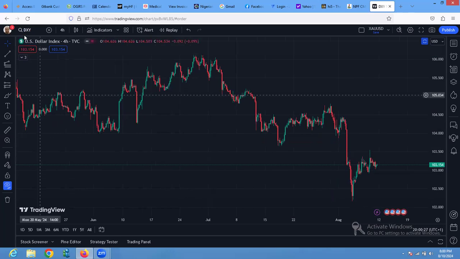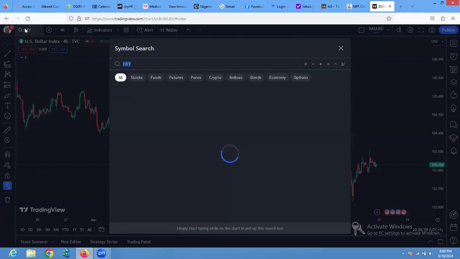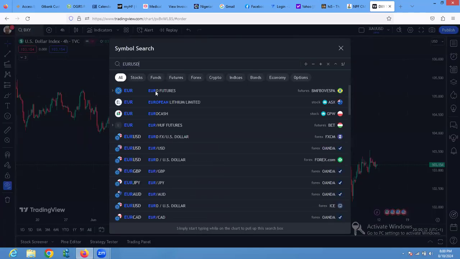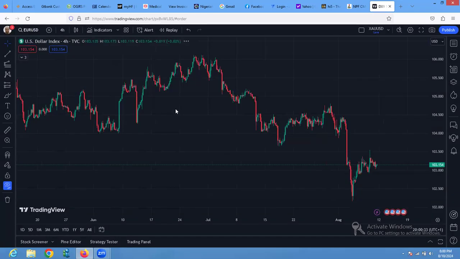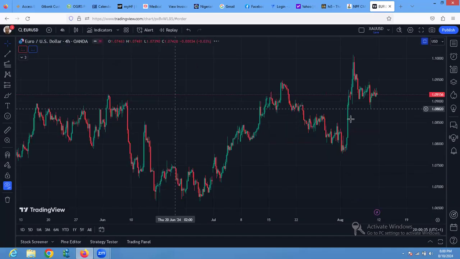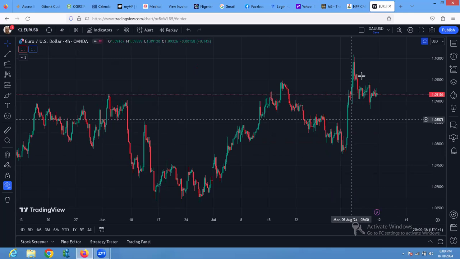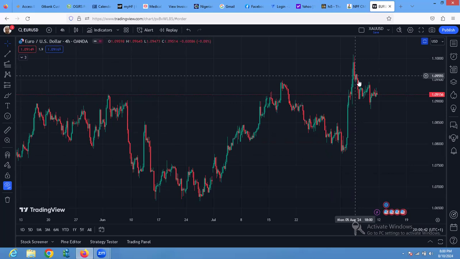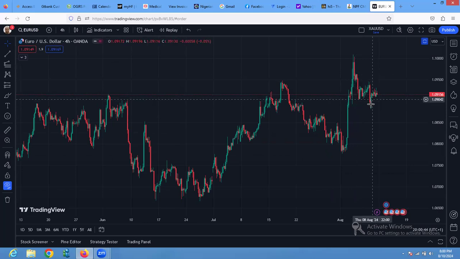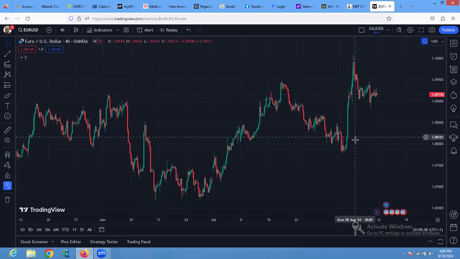So let's look at Euro dollar. Euro dollar is the same. I still believe that this is not complete yet. The structure is in the making. It should give us a complete structure if we are correcting this, and it's not going to take this low here,